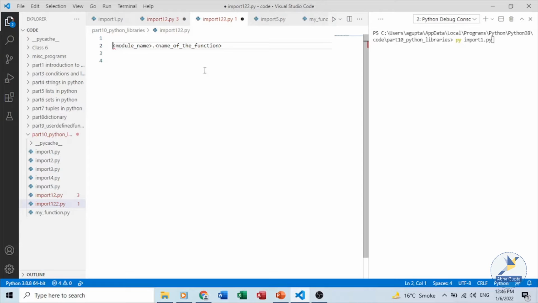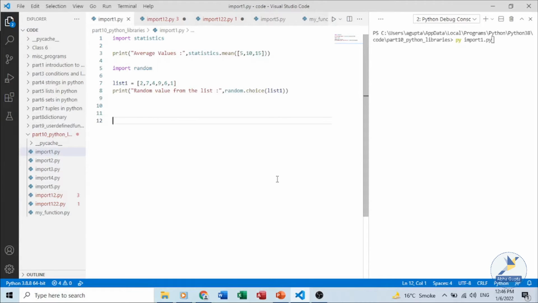Whereas when we import selected objects, which we'll discuss, from a module, they become part of the program environment and share the program namespace. So we do not use a dot notation when we import selected objects. We can import an entire module using the import keyword.